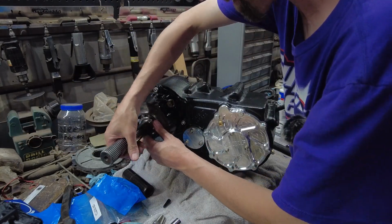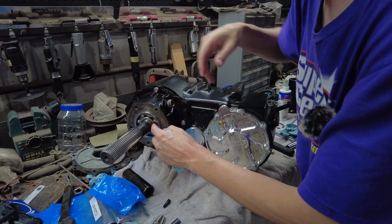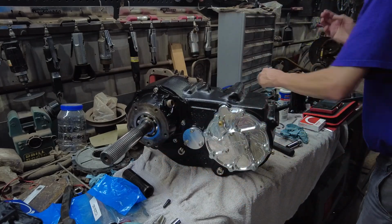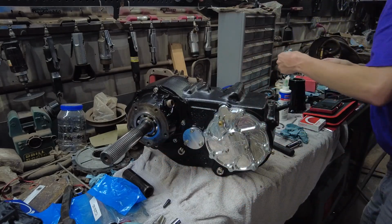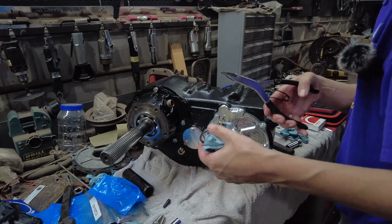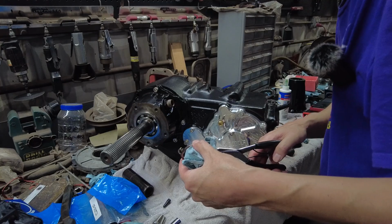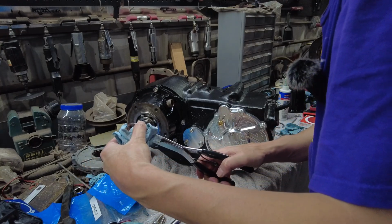I gotta get my snap ring. You gotta pull your shaft out so you can get that snap ring back in place. Hopefully I'm getting all this. I can't really see my camera right now, but